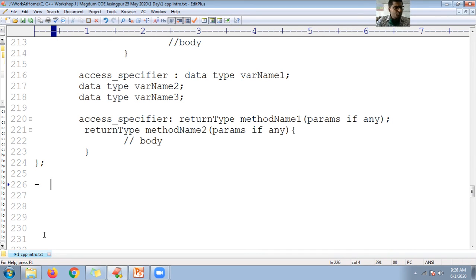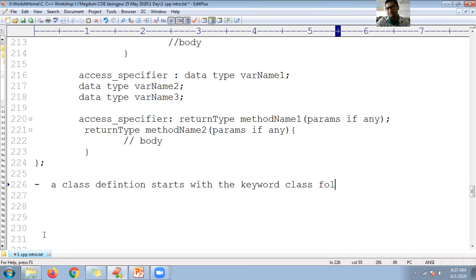So, guys, let me add some note points about these explanations. A class definition starts with the keyword, tell me which keyword? Class.